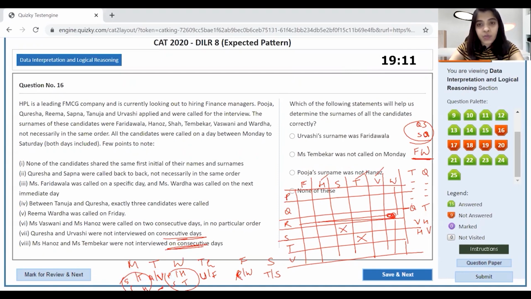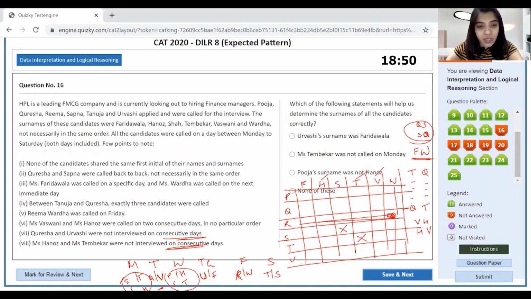The following statements will help us determine the surnames of all candidates correctly. Fine. Urvashi's surname was Faridawala. We already know that. We don't care. Tembekar was not called on Monday. This is something that we can work with. Pooja's surname was not Hanoz. Tembekar was not called on